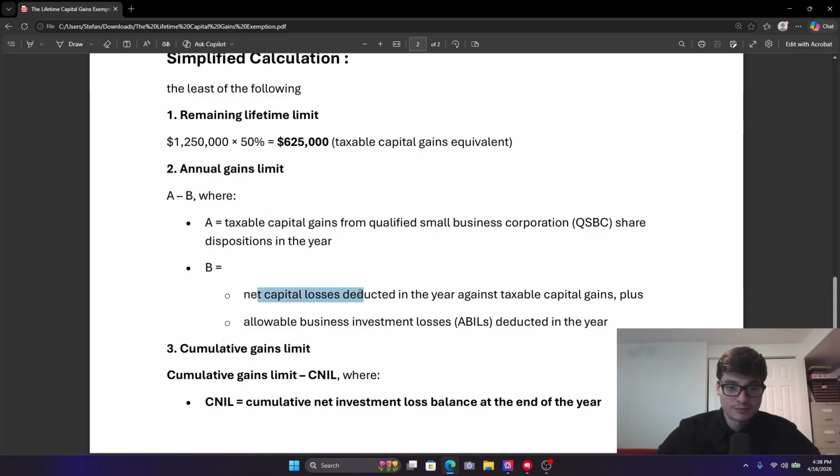B is your net capital losses deducted in the year against taxable capital gains only in the case where your net capital losses are greater and you have a difference. Okay, so what that means is, let's say you had net capital losses deducted of 20,000 and net taxable capital gains of 15,000. The difference would be 5,000. And assuming that your capital gains deduction here was just your remaining lifetime limit, that means your A minus B would be A 1,250,000 minus 5,000, that difference. And you would have